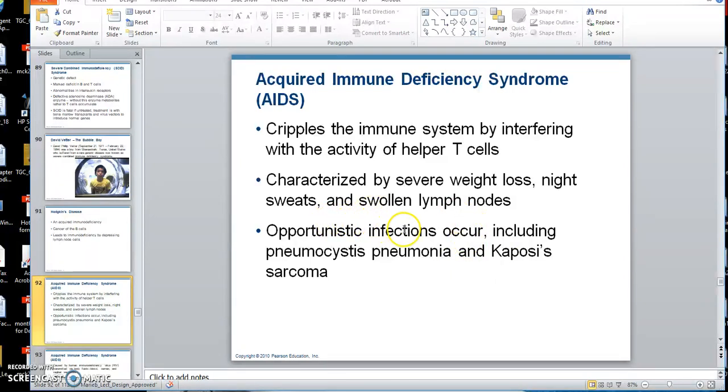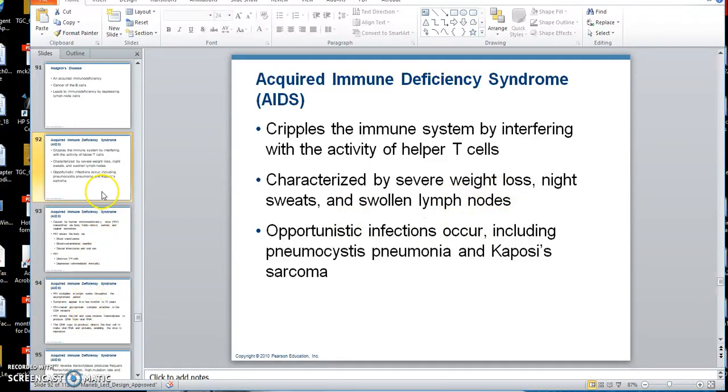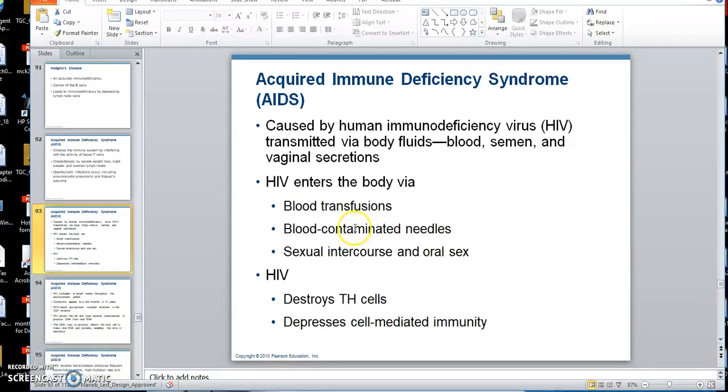You're opened up to opportunistic infections, a lot of weight loss, caused by the human immunodeficiency virus, and you can read on that in my PowerPoint section if you'd like. Okay,